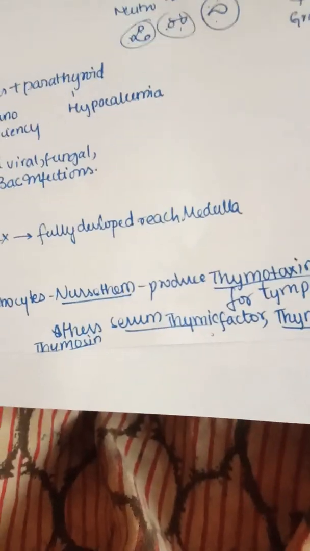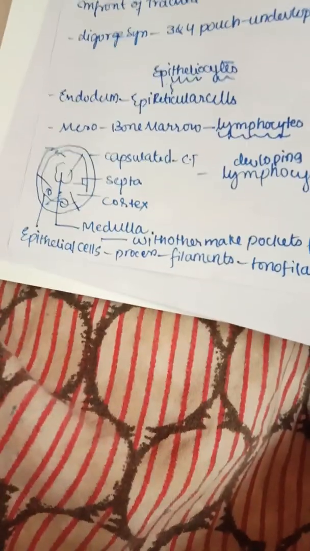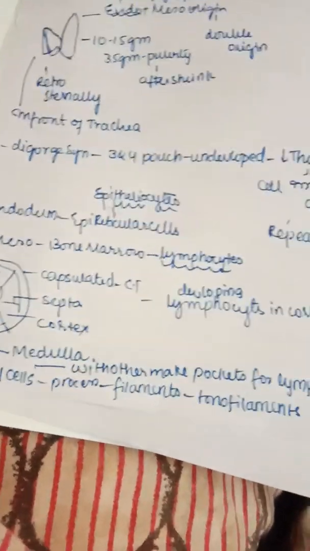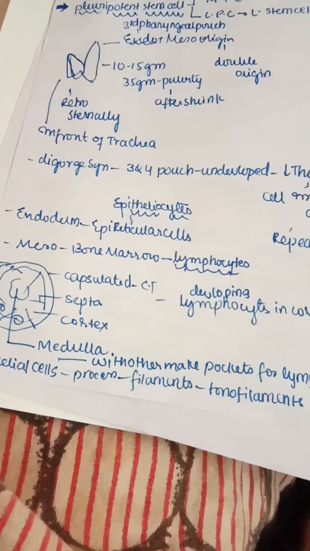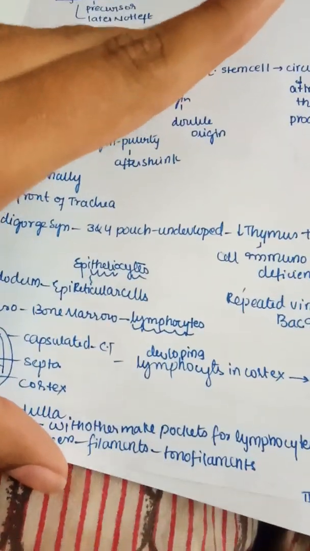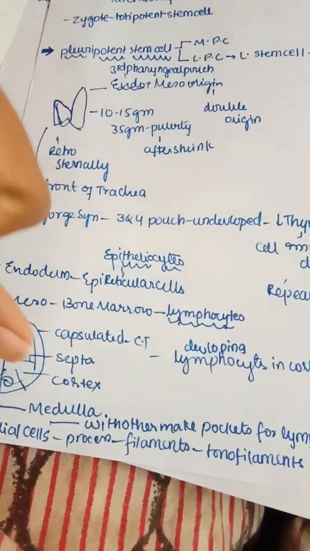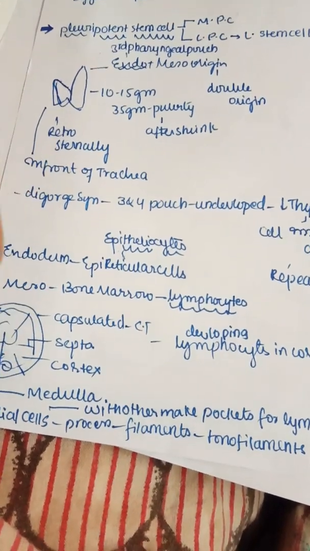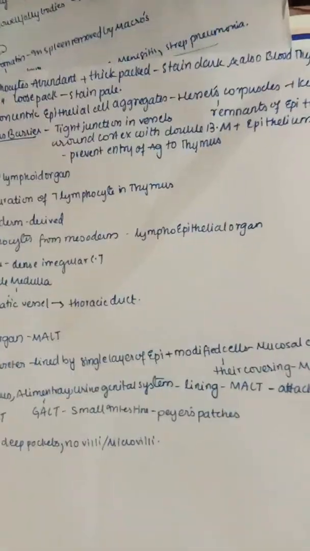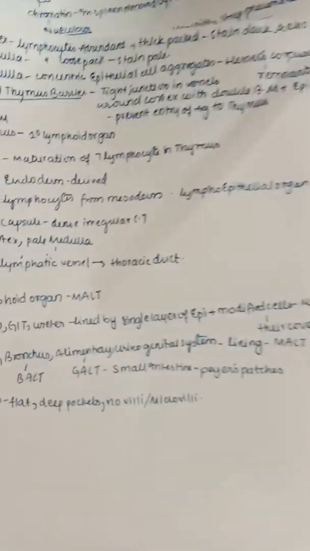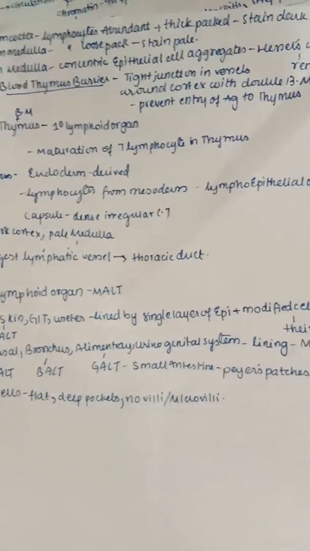These are all substances formed by the epithelial cells of the thymus, and remember these epithelial cells are present in the cortex of the thymus. Fully developed cells always reach the medulla. All the developing cells are only in the cortex of the thymus. And next, in the cortex the lymphocytes are abundant, because they are the developing cells, and they are thickly